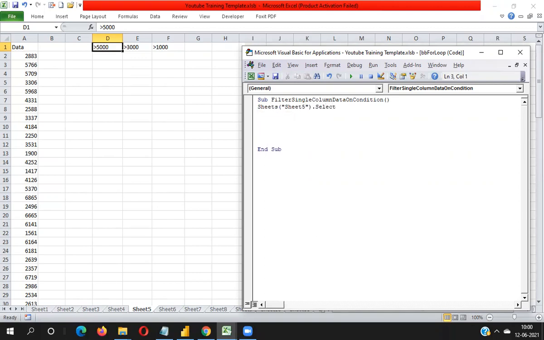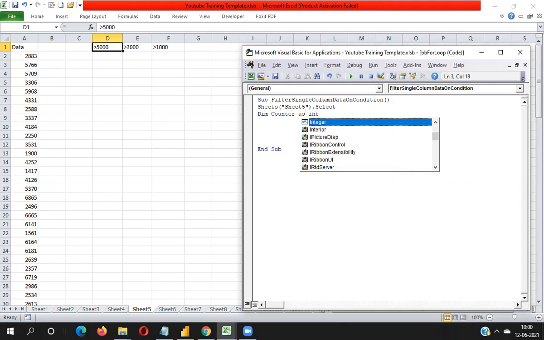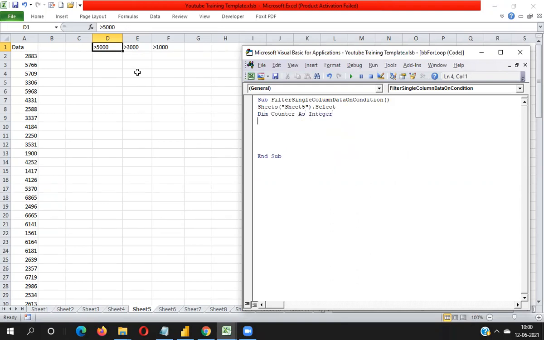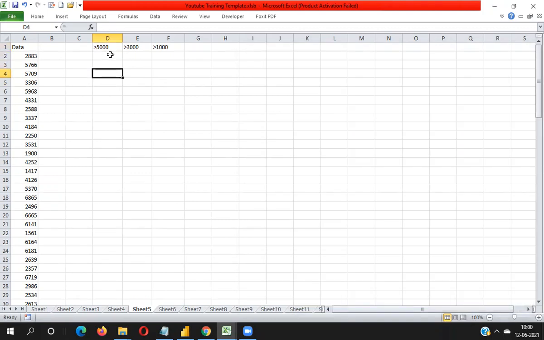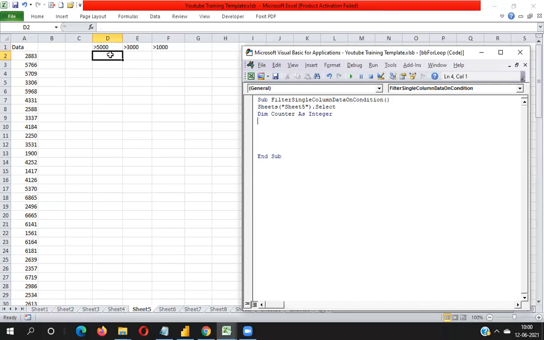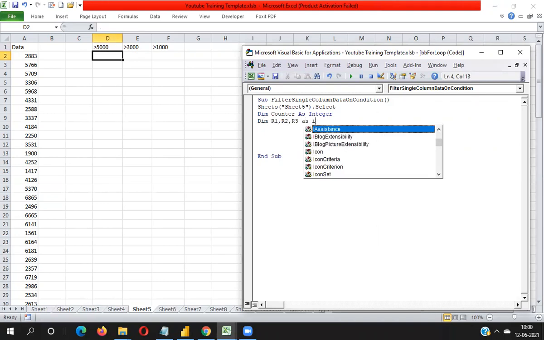Declaring one variable which will be used in the for loop. Generally I declare counter as integer. I have three conditions, so I have to create different cell references. So I write three more variables: Dim r1, r2, r3 as integer.